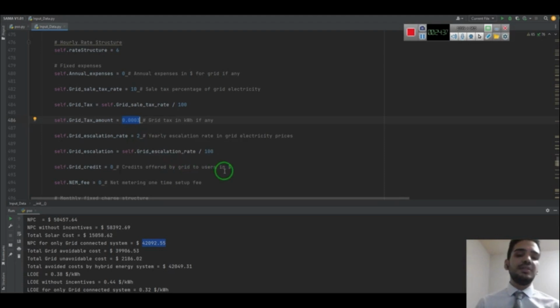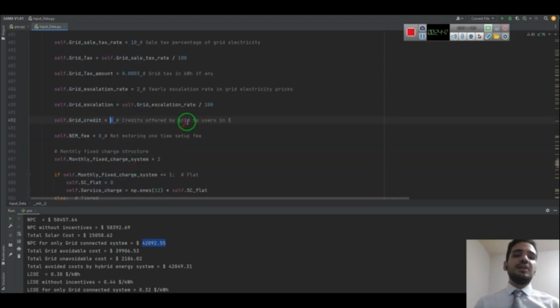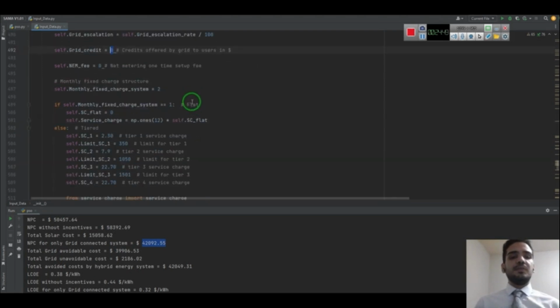If the utility is providing any credit offer to the users, we can define these credits here. And we can define the monthly charge that the utilities charge to the users, regardless of the total consumption. There are two options for defining this monthly charge.